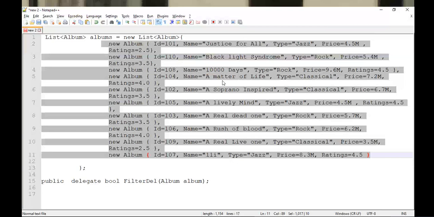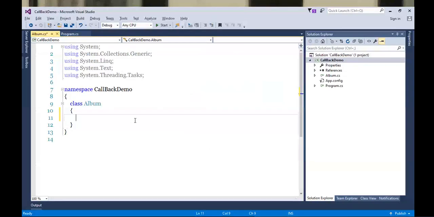Definitely for album, I'm requiring ID. So let's specify it here. For example, the ID is integer for me. Now it's CLR's responsibility to create the backfields. I'm simply writing here auto implemented properties.